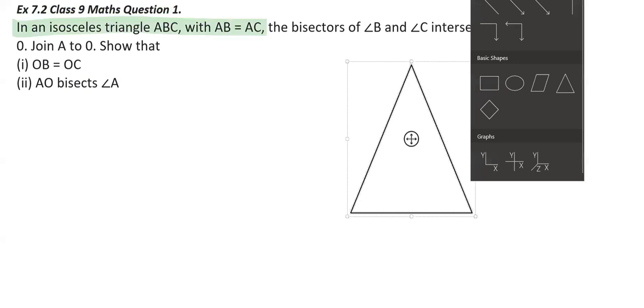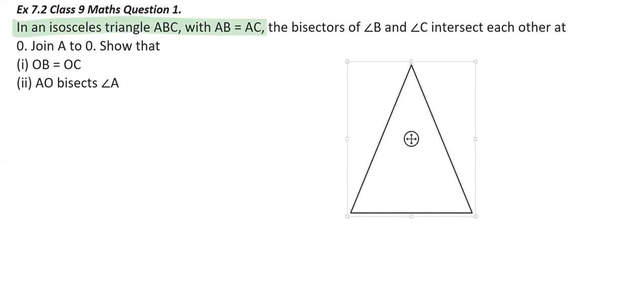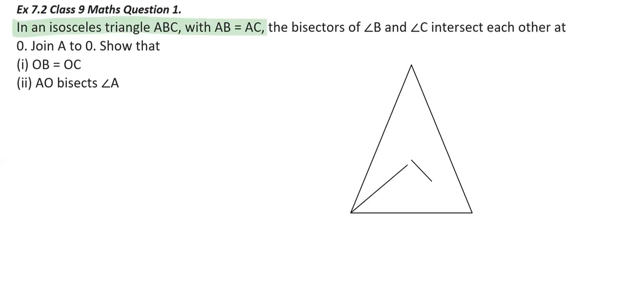Further, it says that the bisectors of angle B and angle C. So this being the bisector of, say, this is angle B, and there's another bisector that's for angle C. So the bisector of angle C, say this one is the bisector of C. So the triangle is ABC here,